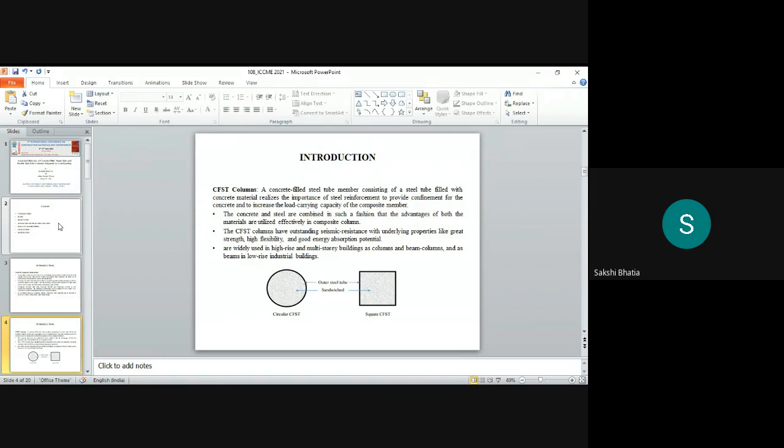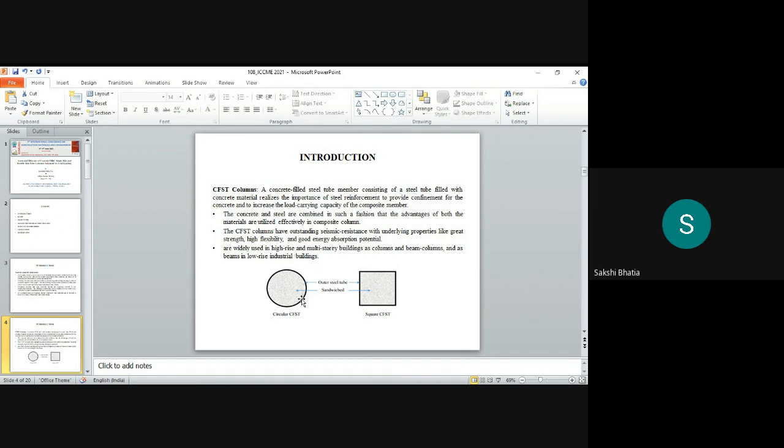capacity of the columns. The most used layouts of the CFST are shown in the figure. The black outer line is showing the outer steel tube, and the gray part is showing the concrete infill. CFSTs are highly used in high-rise and multi-story buildings for columns and beams, and as beams in low-rise buildings. They have the advantages of great seismic resistance with great strength and high flexibility with good